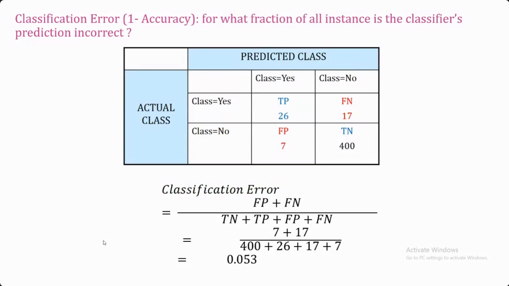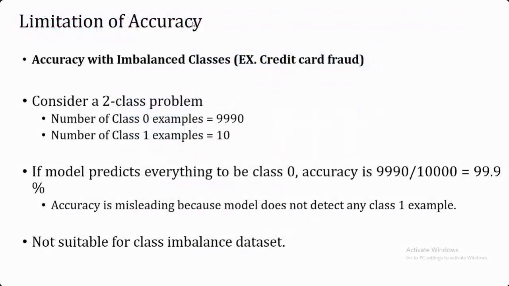In order to calculate this classification error, we are going to consider these two values, because these two values only define the number of the instances which have been classified incorrectly. So it's going to be 17 plus 7 divided by the total number of the instances. So this is the classification error. Or you can simply go with 1 minus accuracy. Suppose you're having 90% accuracy, 0.90, so the misclassified is going to be 1 minus 0.9. So this way you can calculate your classification error.